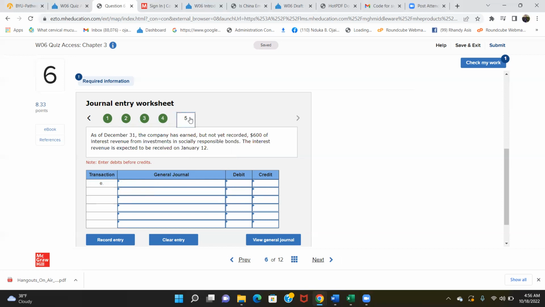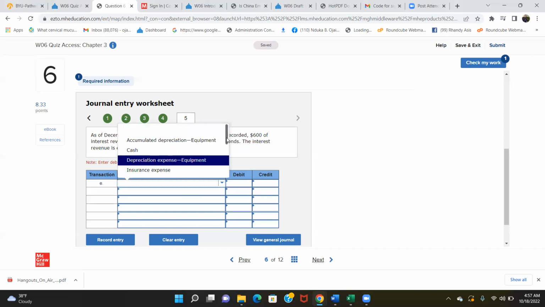And then number 5 says, as of December 31st, the company has earned but not yet recorded $600 of interest revenue from investment in socially responsible bonds. The interest revenue is expected to be received on January 12th. It doesn't matter when in the future you're supposed to pay it, and the posting in the general ledger will still be the same. So we first look for